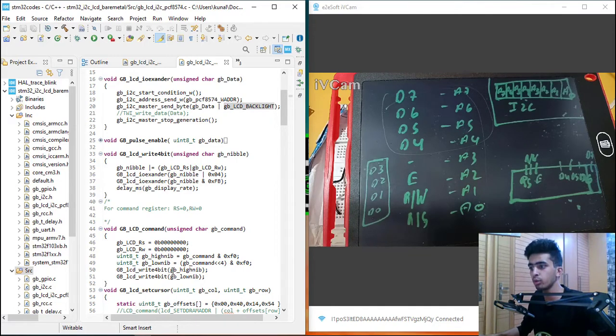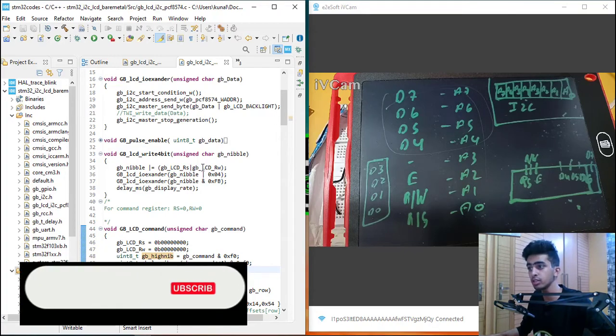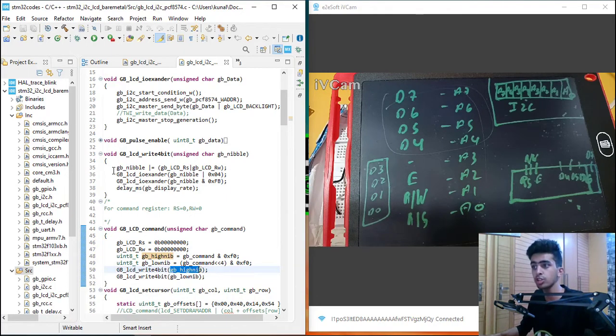So now in write 4 bit we have done a simple thing. We get the whole high nibble data, the nibble for 4-bit mode. The first thing we do in this function is set the RS and RW bits that we have set in the command and data registers. So my whole A0 to A7 byte gets updated with the RS and RW bits.